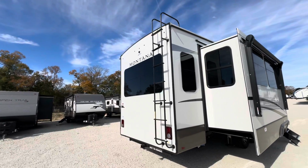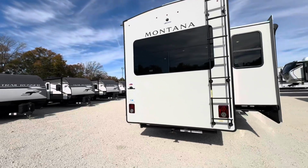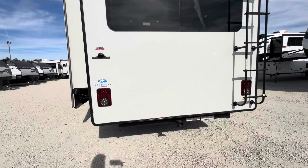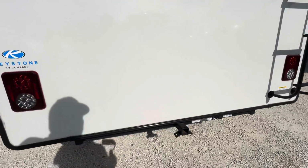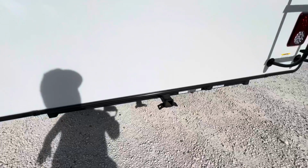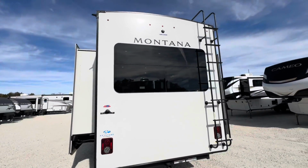And I'm starting to see Montana, not overly experienced in them, but they're centralized around ease and then obviously aesthetics. I mean, they look beautiful, but everything's also easy. The switchboard is easy. They're not going with that LCI One Control stuff. Little hitch where you can plug in maybe a storage rack or bike rack,